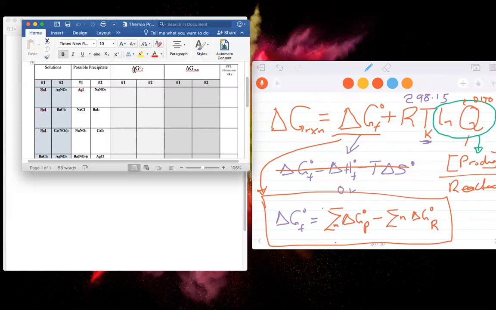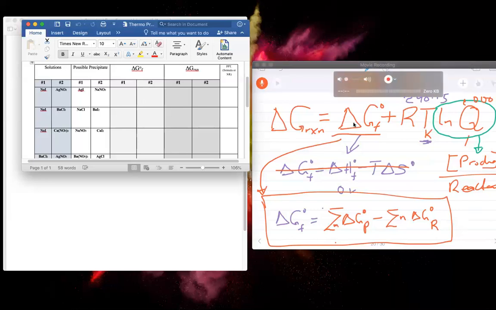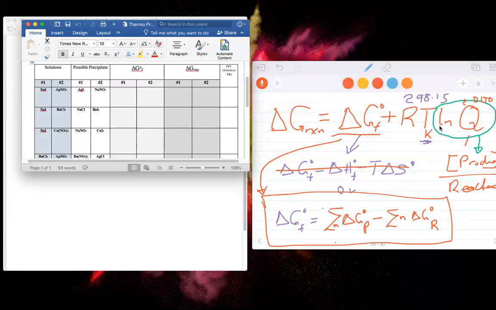The change in standard free energy of formation for each possible precipitate. Up to this point, we don't know which one will precipitate out at non-standard state. So I'll use this equation right here to find which one is the precipitate. And for barium